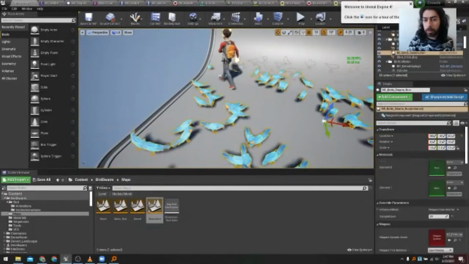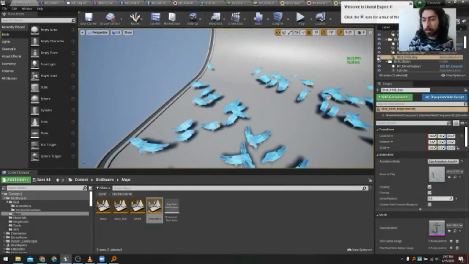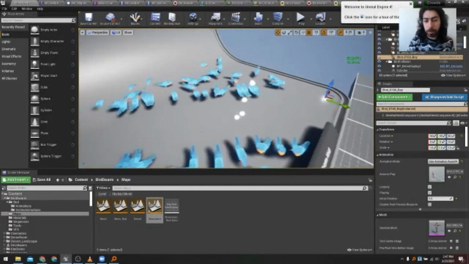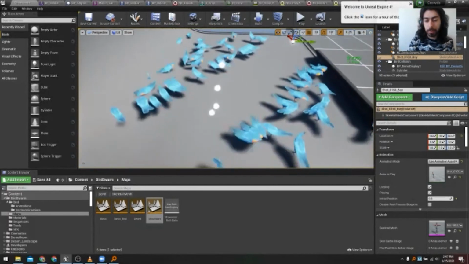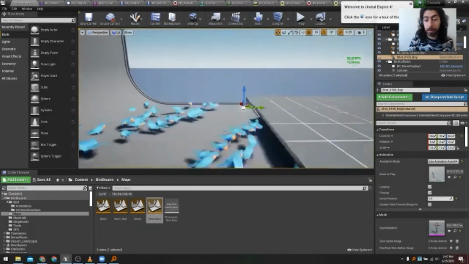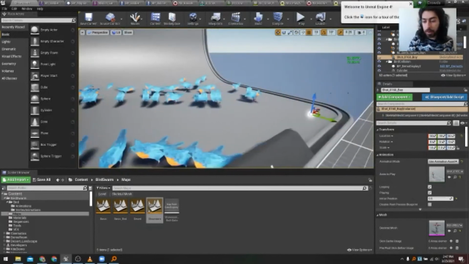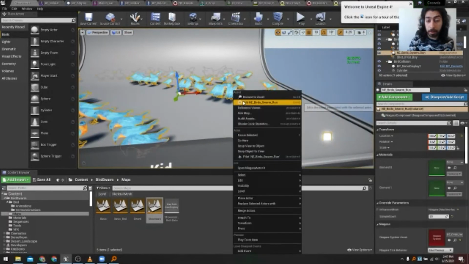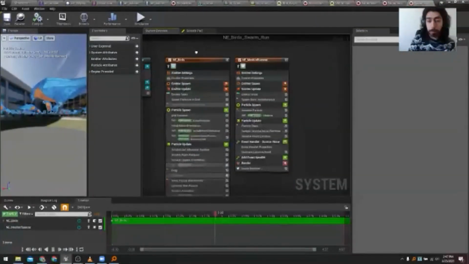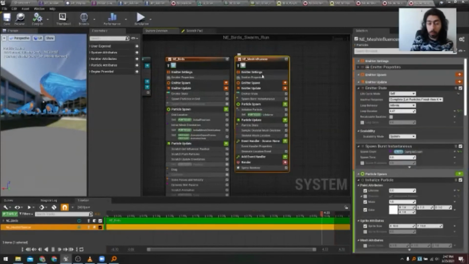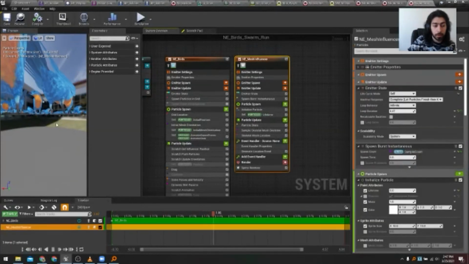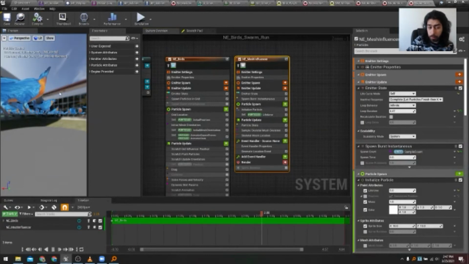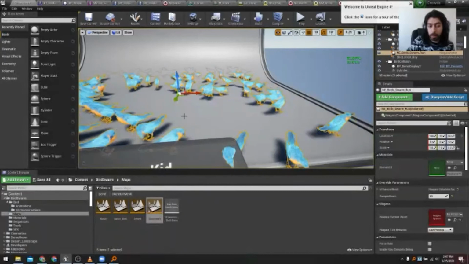So what I'm going to do is take this character and hide the mesh itself. And now you can see we have points that are sampling the character itself, the bones. So they are actually sampling the bones here. And that information is being used to tell the birds to move away. If you look at the particle effect, I actually have two. So I have the mesh influencer, which is those points you just saw. And those are for visual purposes only. I can disable the renderer. They will still work fine. They're still moving away.